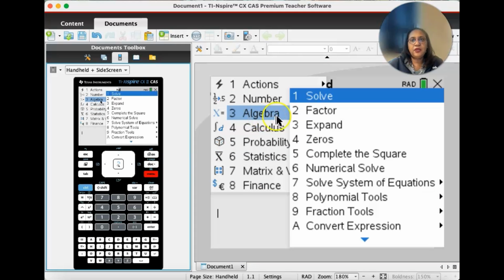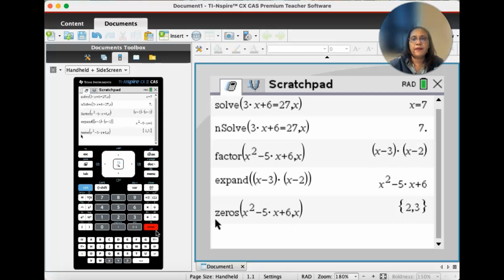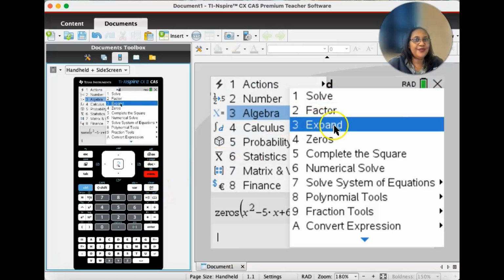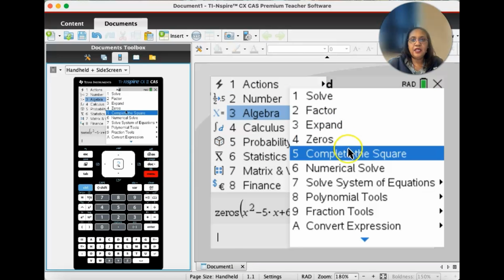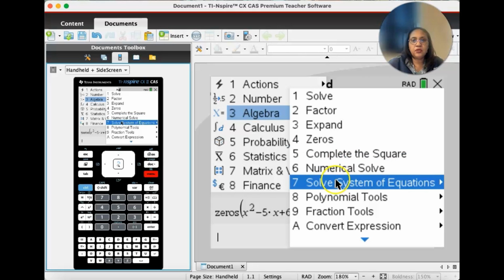Next, menu, zeros. Let's use the same function. And there you go. Now, this part right here is solved for x here. Pretty cool, I know. We did numerical solve, so let's do